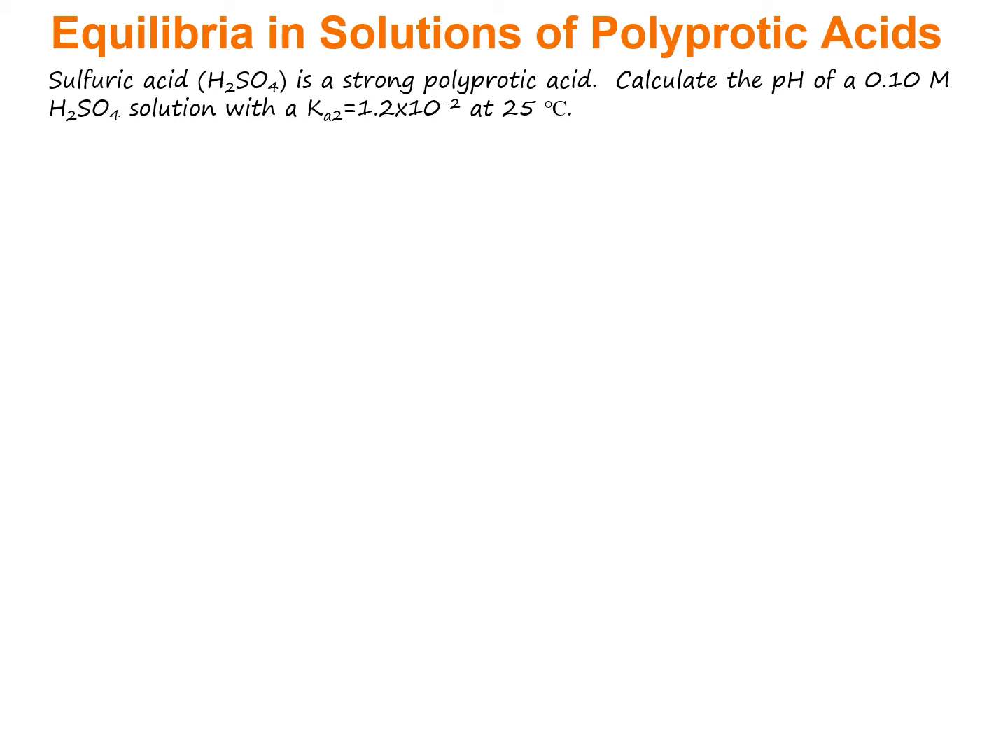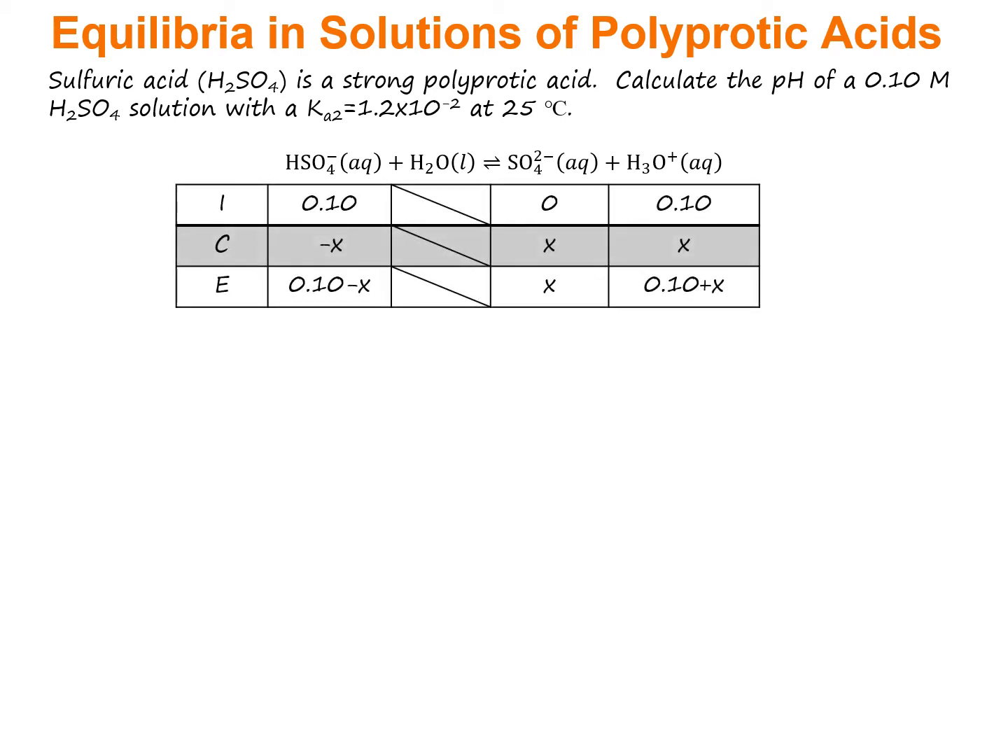And so this problem wants us to investigate the pH of a 0.1 molar H2SO4 solution, and it gives us the Ka2 value of 1.2 times 10 to the minus 2 at 25 degrees Celsius. So we're going to want to set up the equilibrium equation for that second dissociation, and so we end up with HSO4 minus reacting with water to form SO4 2 minus and the hydronium ion. Set up our ICE diagram, and as I said before, if we started with 0.1 molar of H2SO4,